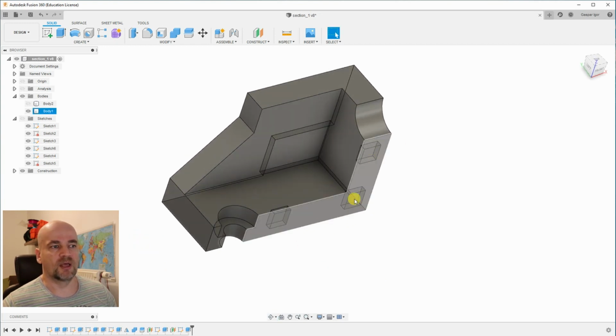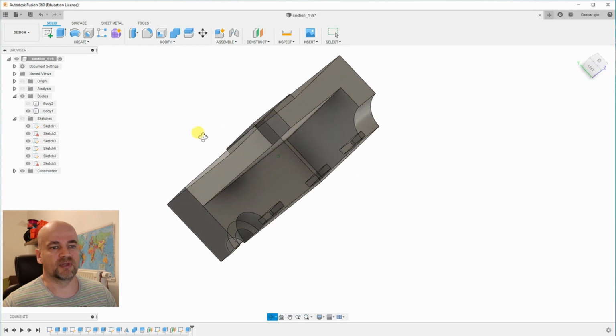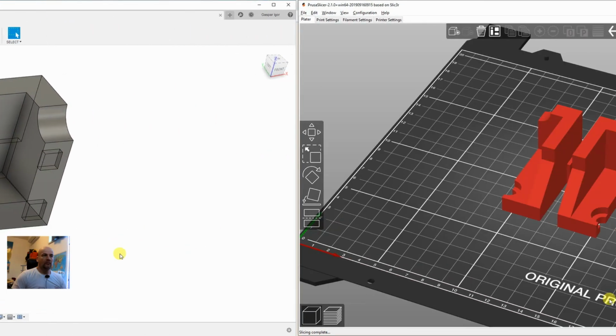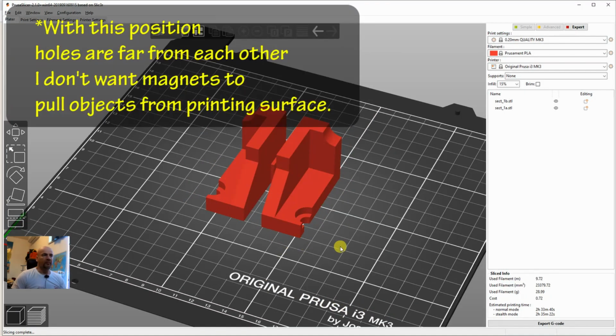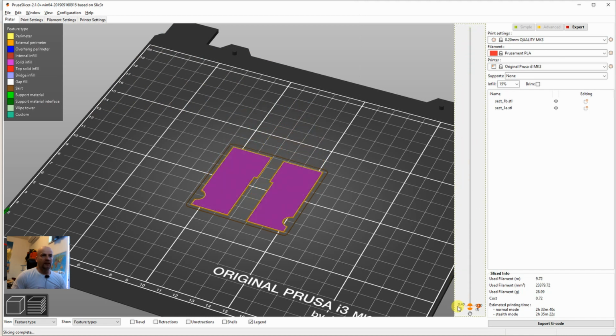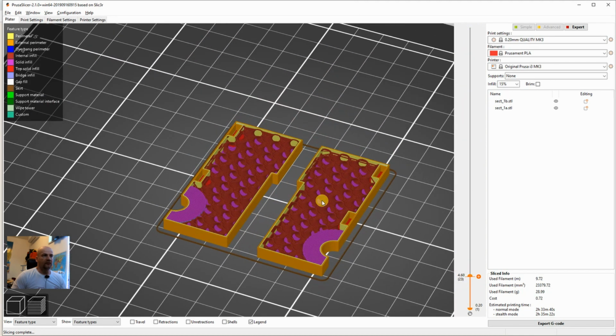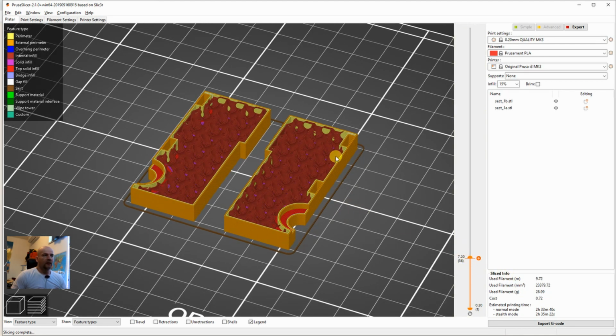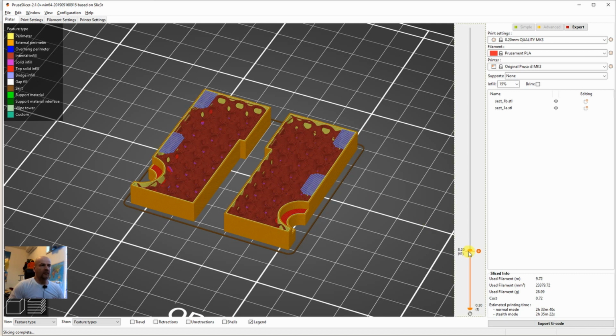Then I have basically prepared two halves for 3D printing. Inside is a hole, only I have to convert it into G-code that pauses the printing for inserting the magnets. This is Prusa Slicer, software for preparing for 3D printing. These are the two objects I will print, and one important thing I have to add is to find that spot where I can insert the magnet. Here are the holes for two magnets, and exactly at 8.2 millimeters, the beginning of this layer, I have to stop the printing to insert magnets into these objects.